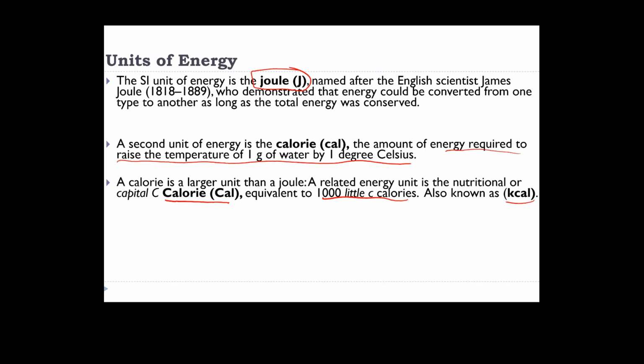That's the food calorie, right? So if you look at a nutrition fact and it says 240 calories, it's this Calorie with a capital C, which means kilocalorie. We're also somewhat familiar with the kilowatt hour.